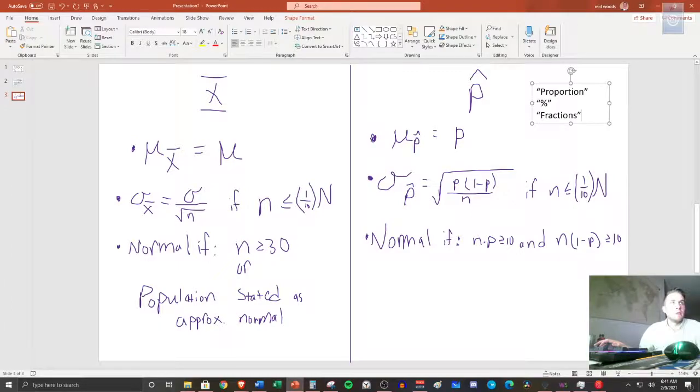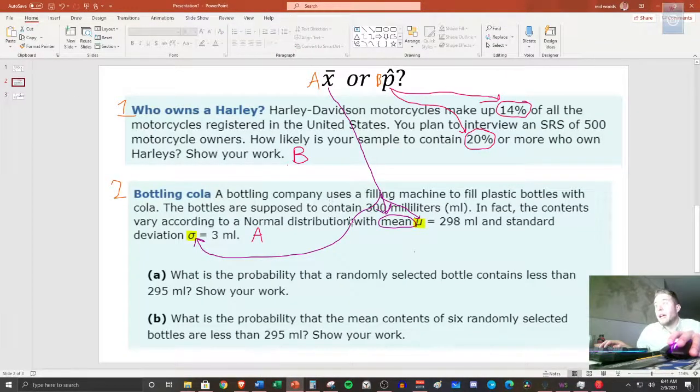That's really what you're looking for when we say proportions. Now, somebody yesterday had said they thought that the 2 was a p hat because it's supposed to contain 300 milliliters, and it's just a part of that whole bottle, so they thought that was a proportion. But that's not really what you're looking for. Sometimes you can read into these problems, but what you're really looking for is the key terms in there. You're looking for the percents to make it a proportion, and mean, mu, sigma to make it